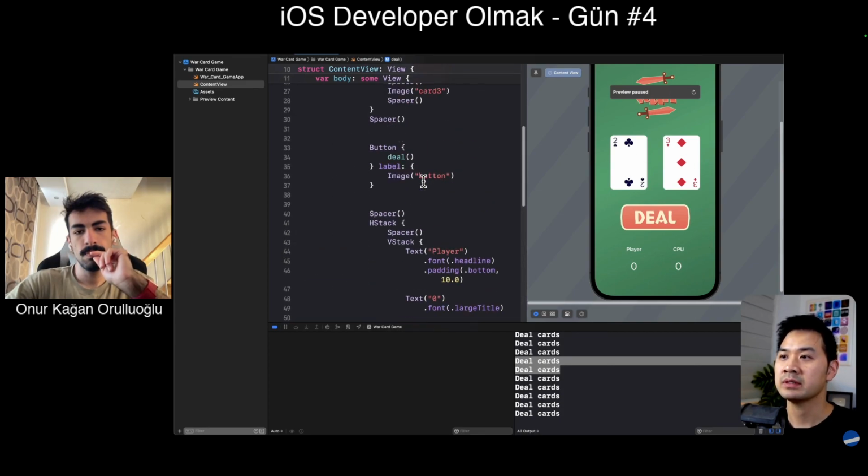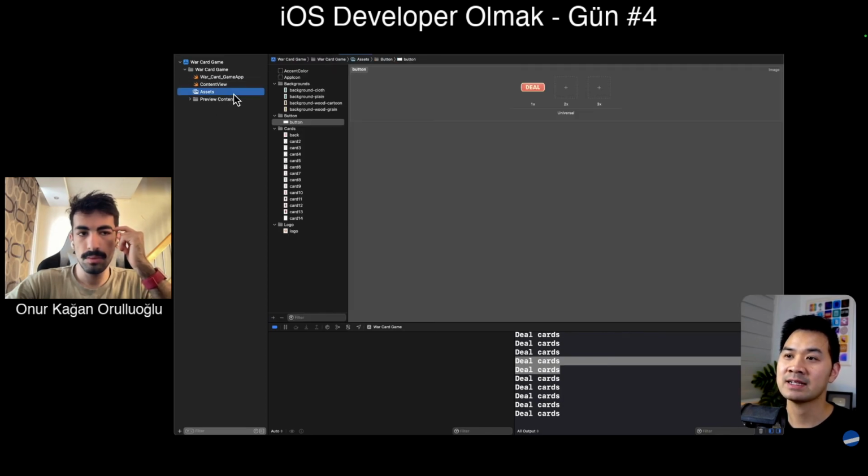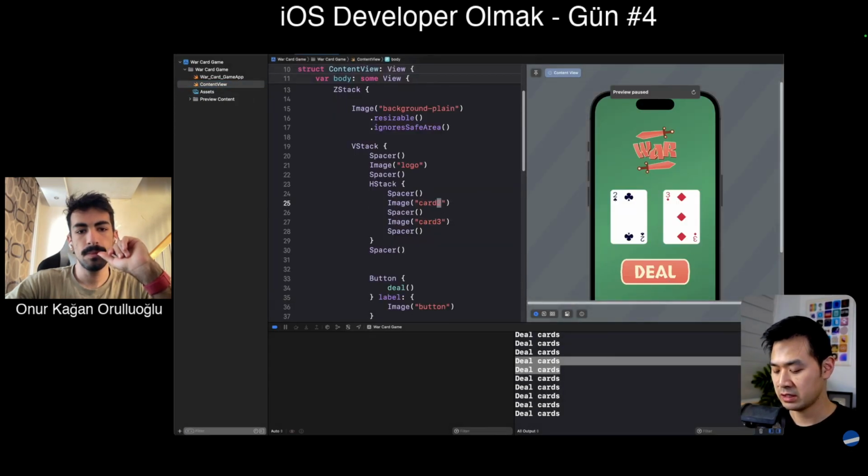If we scroll up, we can see that we have an image element that represents card 2. And this is referencing the image asset in our asset library, card 2. In fact, we have card 2 all the way up to 14. So you'll notice that when I change this in here, and I update the preview,